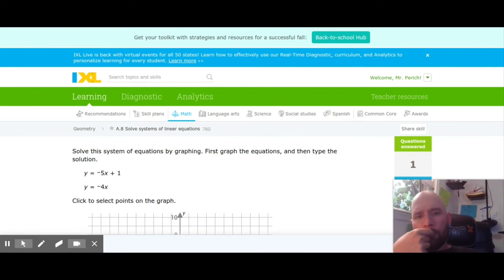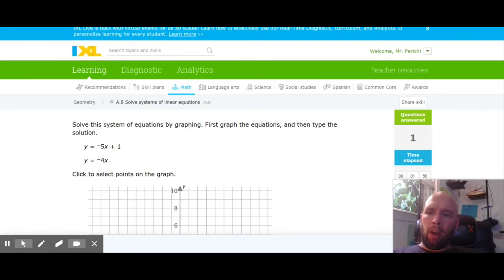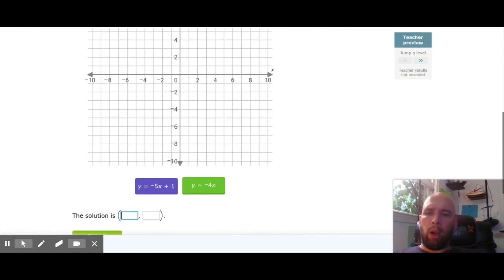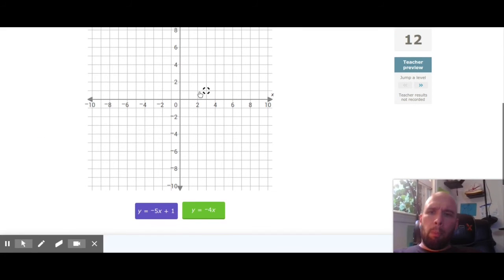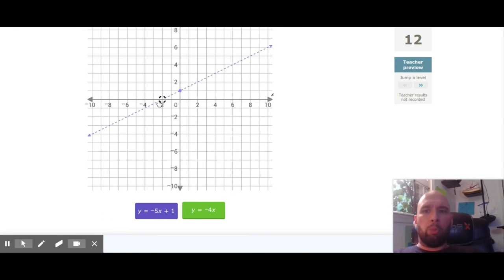Let's do another one really quick, just so that we're feeling comfortable. All right, y equals -5x plus 1, y equals -4x. If I go to -5x plus 1, click on that. My plus 1 is my y-intercept. -5 is my slope, so -5 over 1, which means up 5, 1, 2, 3, 4, 5, left 1, and